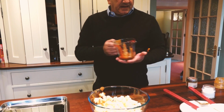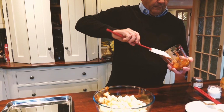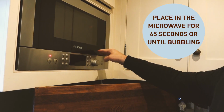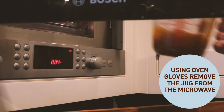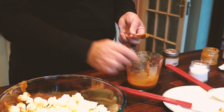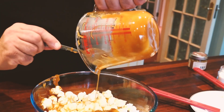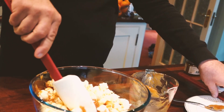So now we're going to take our microwavable jug and put it back in the microwave for 45 seconds. Just scoop round the edges in case any of the sauce didn't mix in. And what we're going to do now is pour all of this over our corn. Get out as much of the caramel sauce as you can